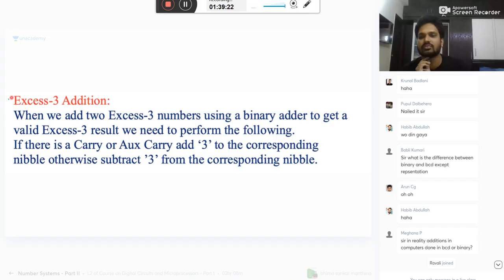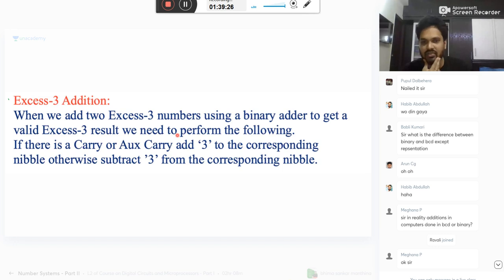So the next one, excess 3 addition. The rules are not the same everywhere here. For excess 3, the rule is similar, but see here: if there is a carry or auxiliary carry, add 3. If there is a carry or auxiliary carry,